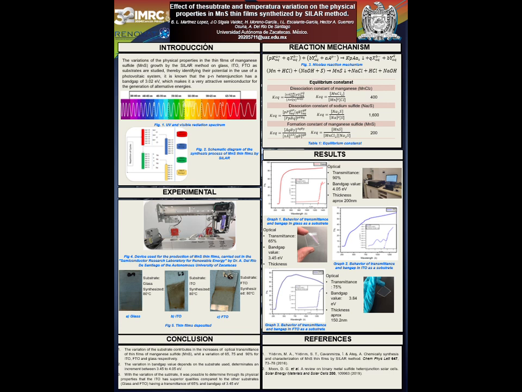And by applying the Tauc method, we were able to obtain the band gap of each sample, resulting in the glass having a transmittance of 90% and a band gap of 4.05 eV, as we can see in graph 1. The ITO has a transmittance of 65% and a band gap of 3.45 electron volts, as can be seen in graph 2. And the FTO has a transmittance of 75% and a band gap of 3.84 electron volts, as we can see